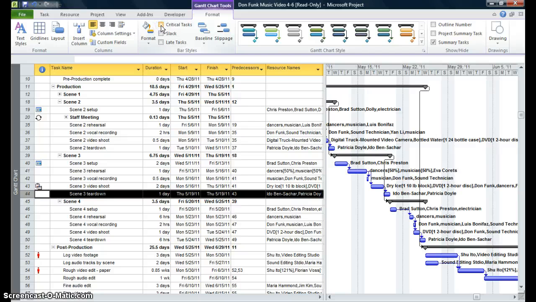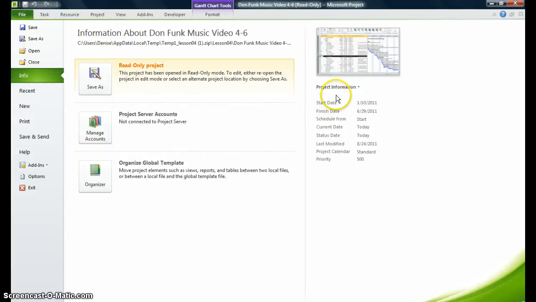But I wanted you to make sure that you knew how to do this. Now we're going to set a priority for this particular project because I'm working on 3 projects at one time. So I'm going to the File menu, and I'm going over to the right where it says Project Information. I'm going down here where it says Priorities, and the priority starts from 0 to 1,000. I'm going to make this priority 980 because I want this particular project to have the highest, no, it's not